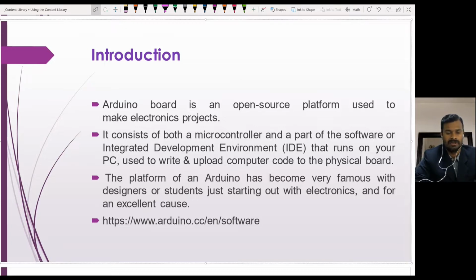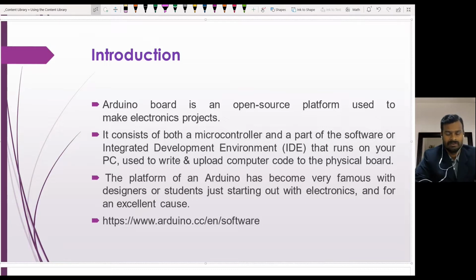There are connecting terminals for input and output, analog inputs, digital inputs, and transmitter and receiver pins. There are many other features available, and also we have a platform to write code or a program, where we develop our logic and then move it to the microcontroller.